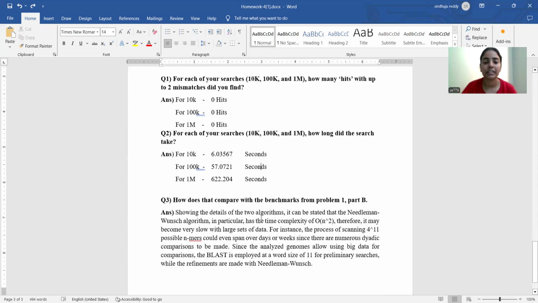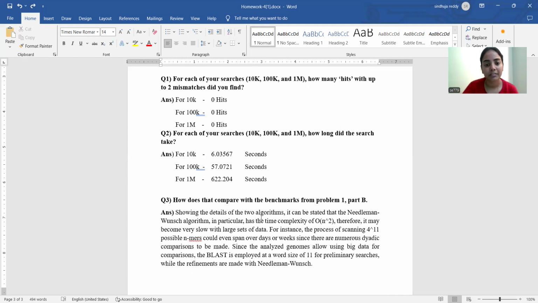When you compare question 1 part B and question 2 part B, of the two algorithms, the Needleman-Wunsch algorithm has time complexity big O of n squared, so it is very slow with a large data set.